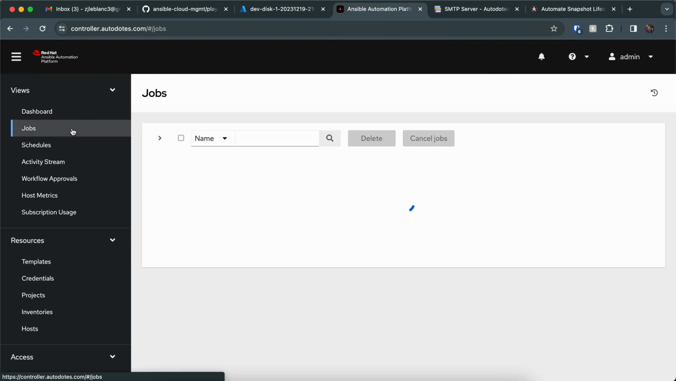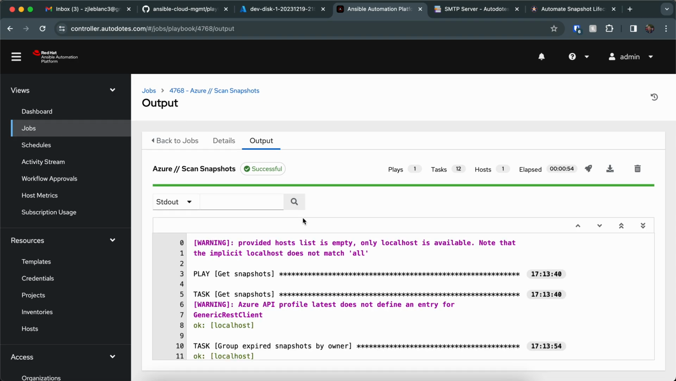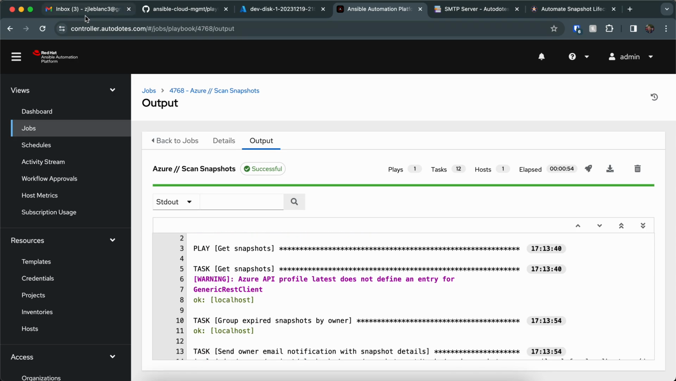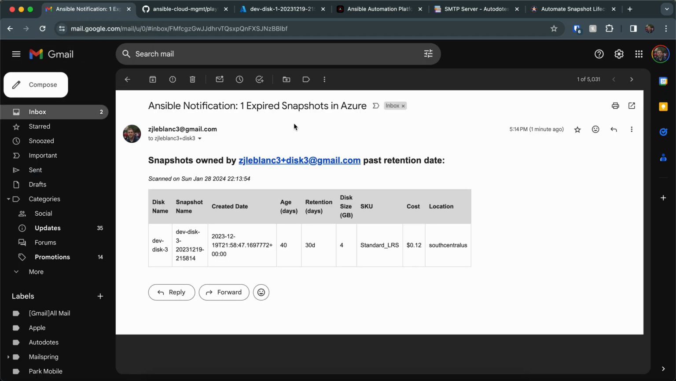So let's go back and check on this job. So it looks like our scan snapshots ran to completion. And you can see here I've got my Gmail open, and I've already got 3 new emails. So you notice I created those aliases, right? So I had the disk 1, 2, and 3 aliases. I did that just to give an idea of what it looks like if you had different owners. In this case, you'll notice that in my email, I only got a record here for disk 3,